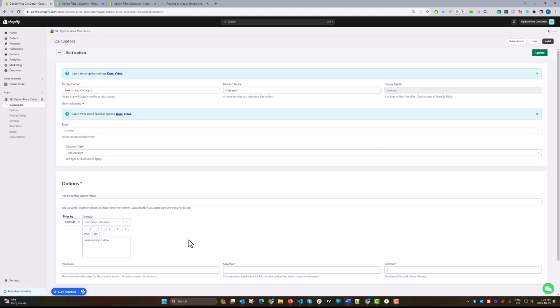So it says it's using a formula, and the formula is area square meter dot input value. Now look, this option is called area square meter. That's the unique name for this option. Dot input value is a special value you can add to the end of specific types of options. In this case, any number option. This is a number option. And that will make it so that the number entered by a user will be the value that this option